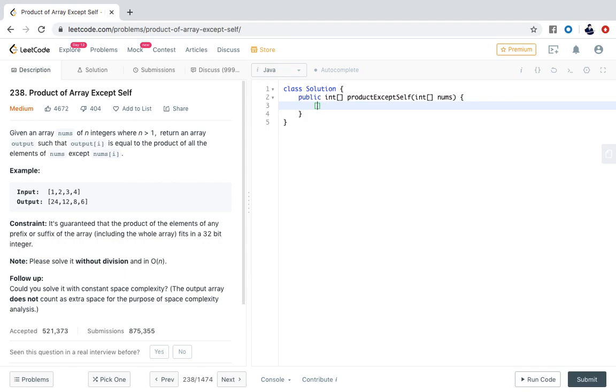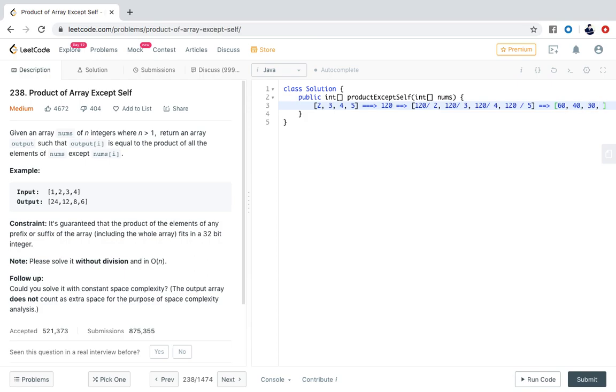Say we have an array 2, 3, 4, 5. The first thing we can do is calculate the product of the whole array. So that's 5 times 4 is 20, times 3 is 60, times 2 is 120, that's the product. Now the result array is going to be the product divided by each element. So 120 by 2, and then 120 by 3, and then 120 by 4, and then 120 by 5, that's our output. So 120 by 2 is 60, and then 3 is 40, and then